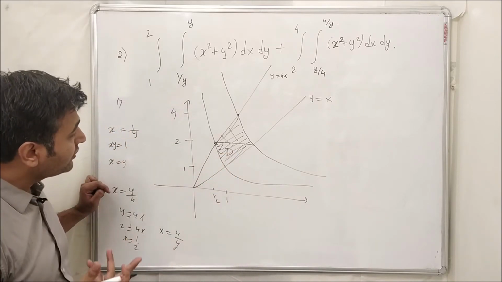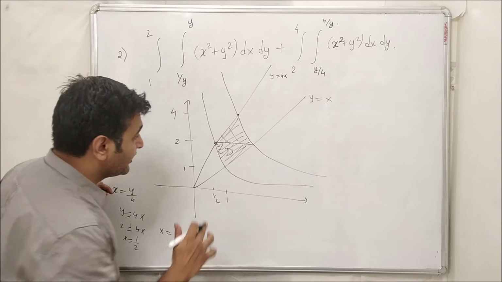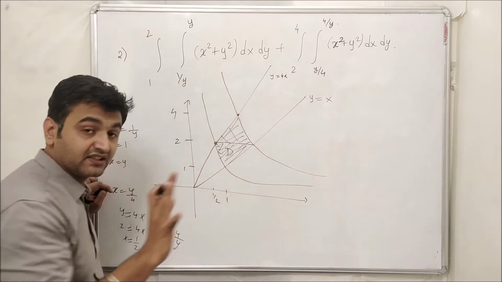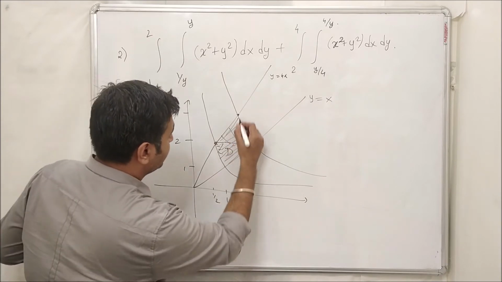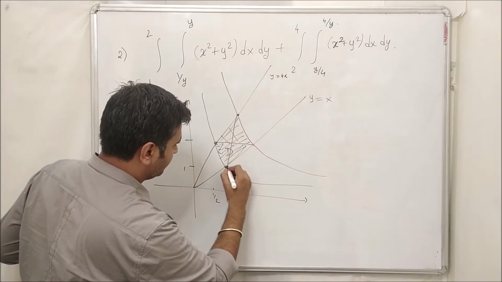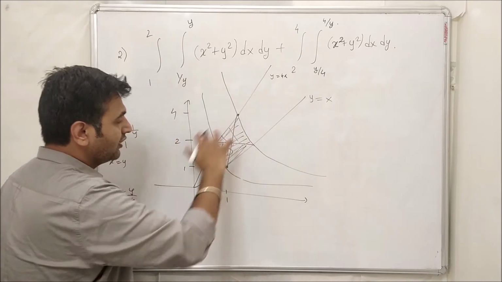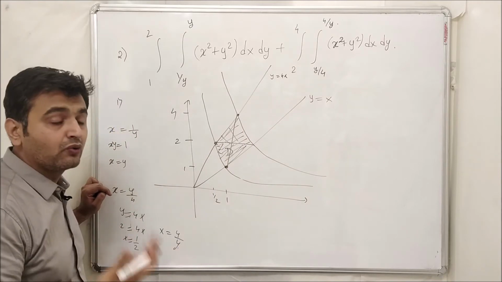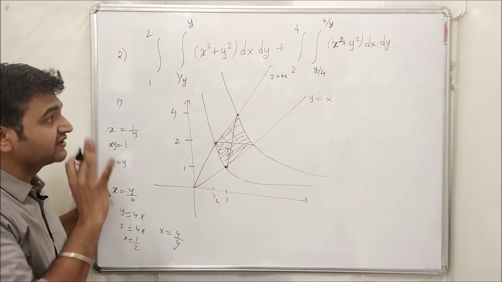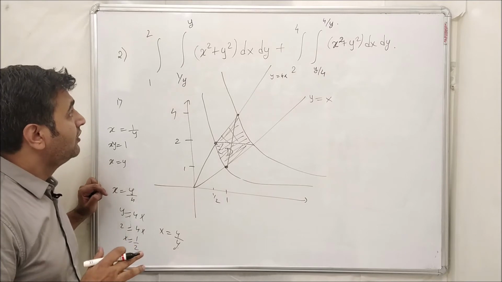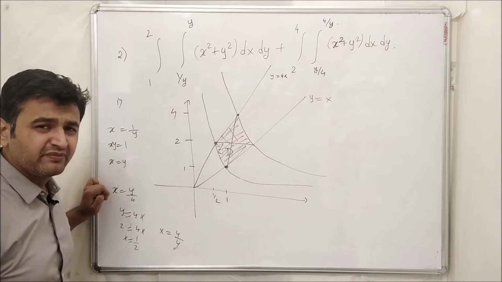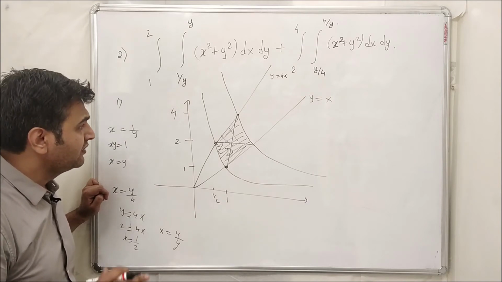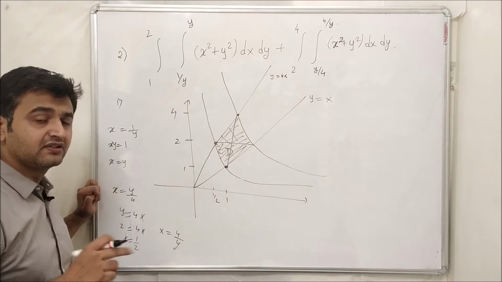So if I reverse the order, will that help me? No, even that will not help me, because again I need to split the region. It's kind of symmetry. This has to be in the one line, because when x is 1, y is 4. So in any order you go, you have to split the region. So reversing the order will not help me. Polar also will not help me. There are straight lines, trigonometry will come into the picture, things will become complicated. Good, so no problem, let's go by substitution.